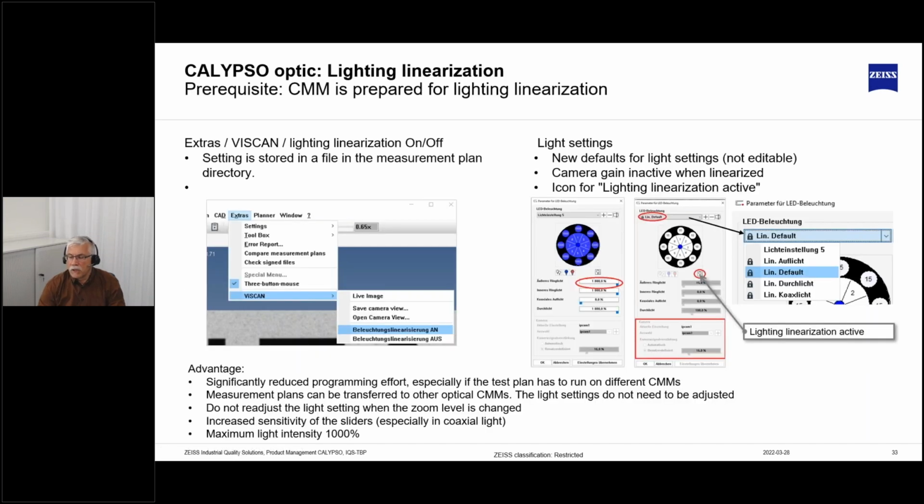The optical light linearization we will have now with Calypso 2022, and this is a very big benefit because it significantly reduces the programming effort, especially if you have more than one CMM. In the past, we had to adjust the lights if you go to another optical CMM with the same inspection plan. This is not necessary anymore, and so the measurement plan can be easily transferred to other CMMs,